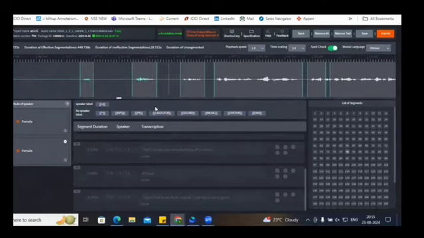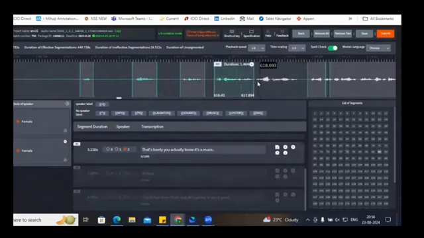Now, sometimes what may happen is that, for example, this is one of the segments, and in that segment there could be two different speakers. There is a guideline which says that one segment should have one speaker only. So here, for example, from here to here there is one speaker, and from here to here there is a second speaker. So we have to do some adjustment. This is the first speaker, and here I'll create a new segment for the second speaker. So this could be the case.